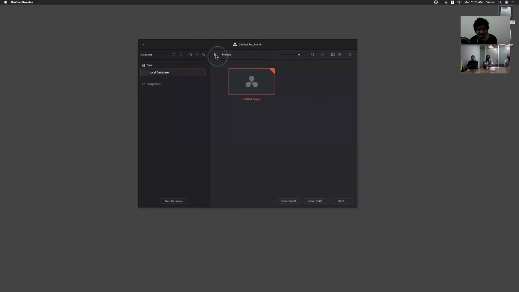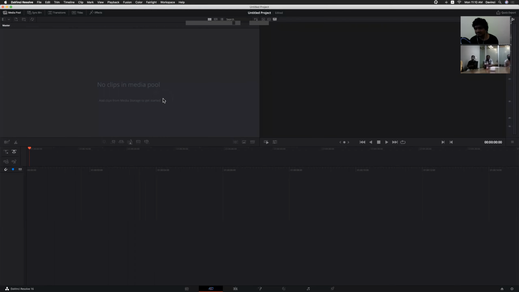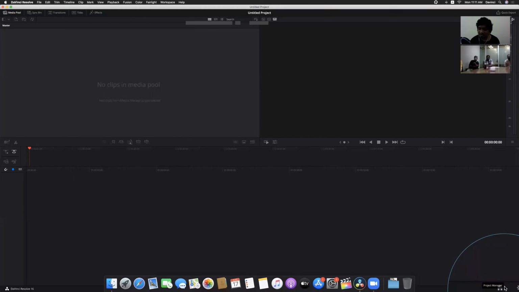So here by default we are seeing an untitled project. I'm just using this project. Just double click. Or if you want to create a new project, you can see the same project manager within the interface in the bottom right corner. Can you see that project manager here?